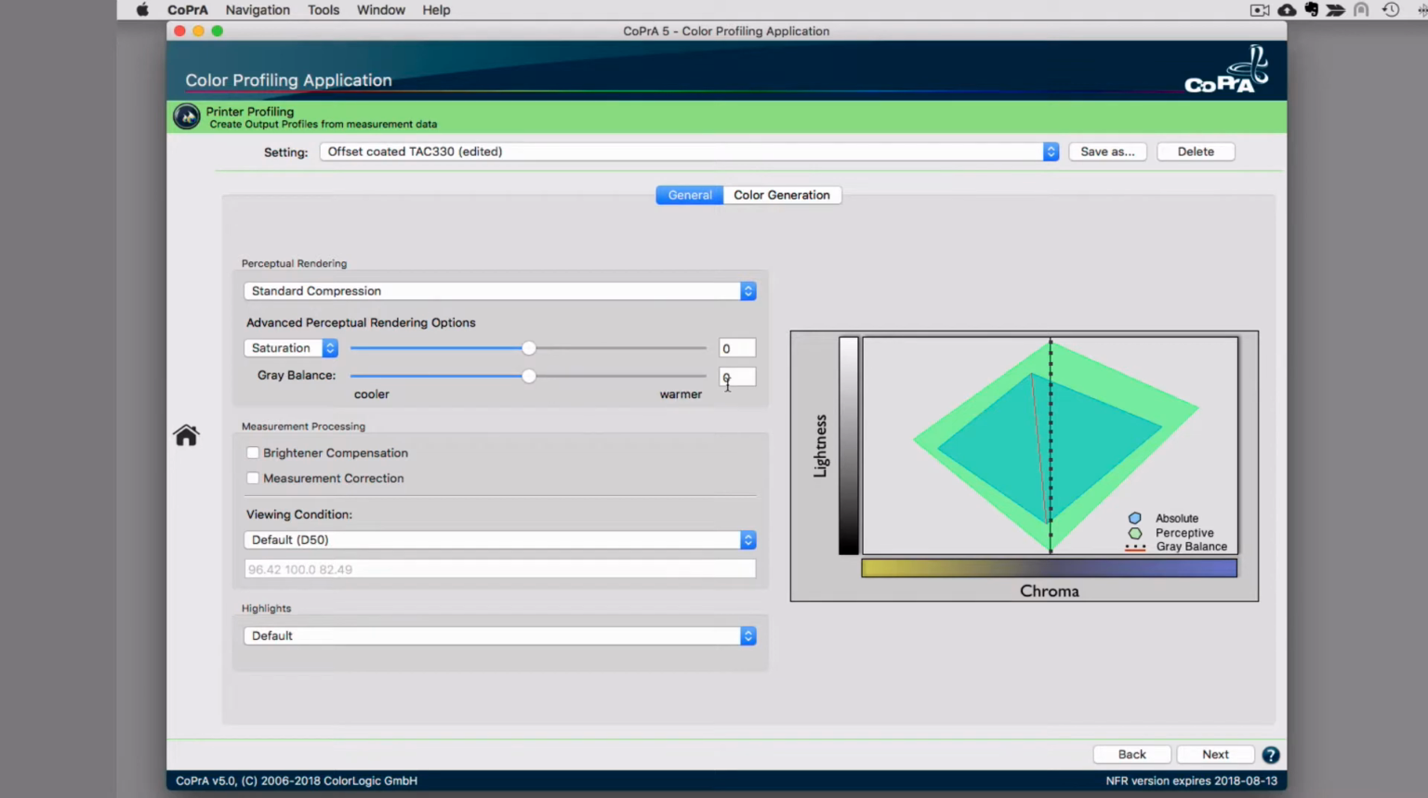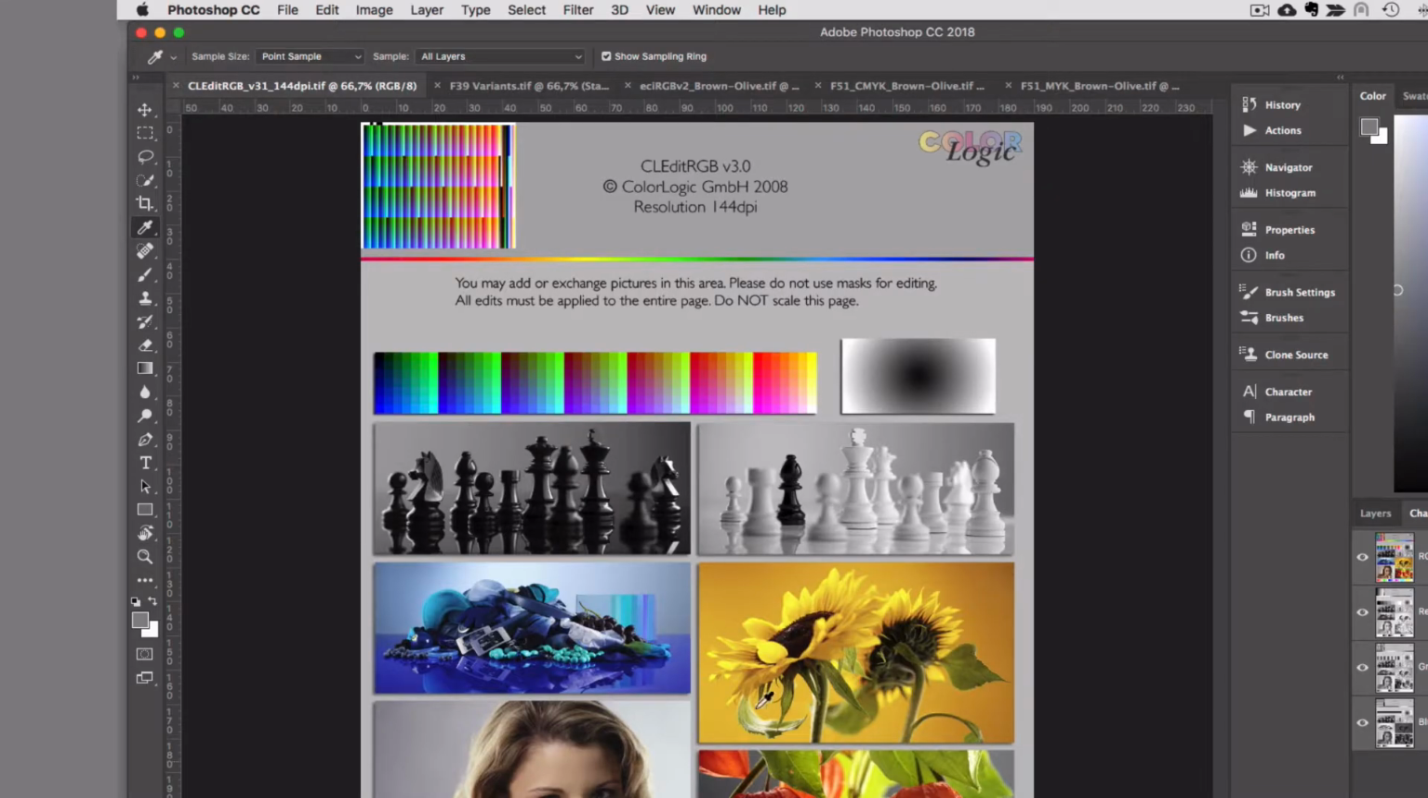And indeed, the slider is a correction that we are doing on the b-axis in LAB, meaning more yellow or more blue. What that means is, if we look into a CMYK profile that we create with this feature, we'll have an image here, for example. This is an sRGB image, one of our edit targets. And if I convert that to CMYK,